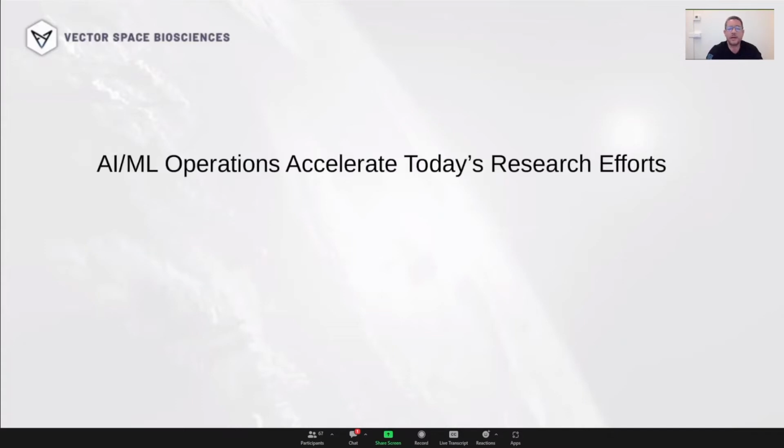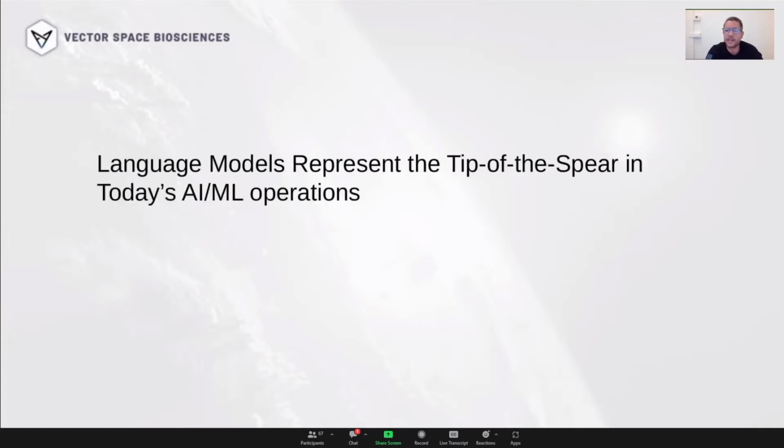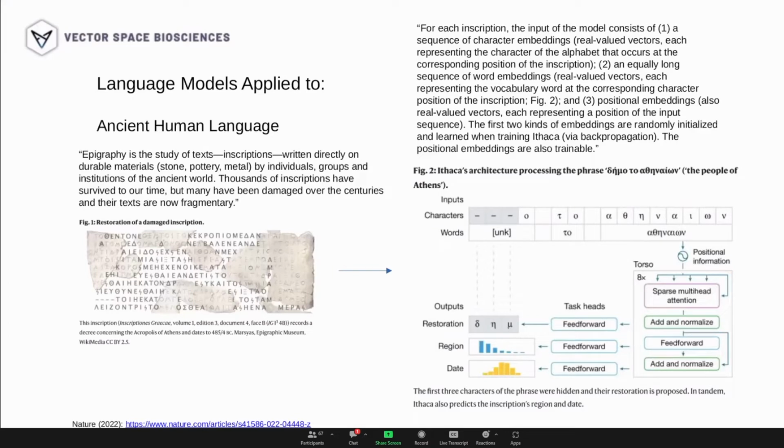So as many know, today's artificial intelligence and machine learning operations accelerate research. Language models, however, sit at the tip of the spear. They represent the tip of the spear in today's AI and ML operations, and we'll explain how. Language models, of course, can be used to analyze human language or ancient human language. In the case of epigraphy, for example, understanding inscriptions